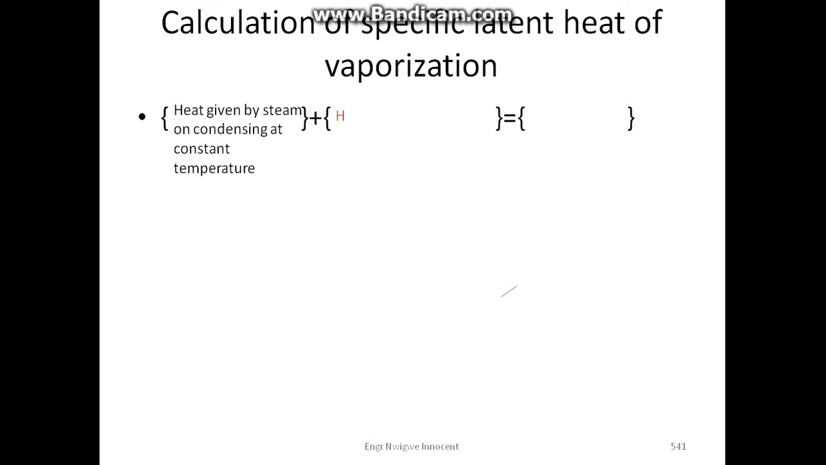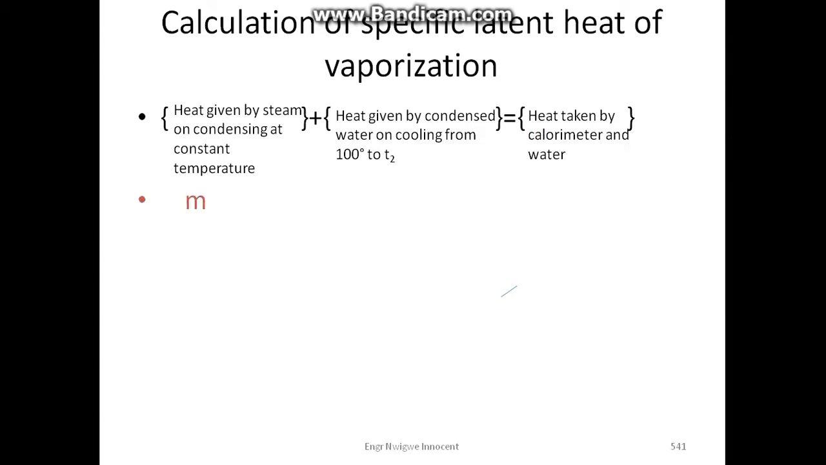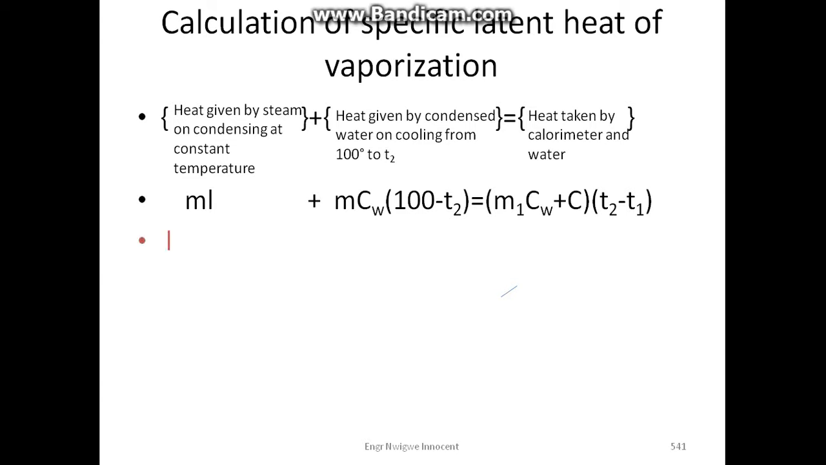Calculation of specific latent heat of vaporization. Heat given by steam on condensing at constant temperature, mL, plus heat given by condensed water on cooling from 100 degrees centigrade to T2, m Cw (100 minus T2), is equal to heat taken by calorimeter and water, that is (M1 Cw + C)(T2 minus T1). Making the latent heat of vaporization the subject of the formula,